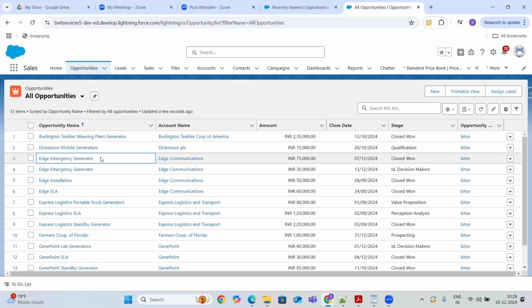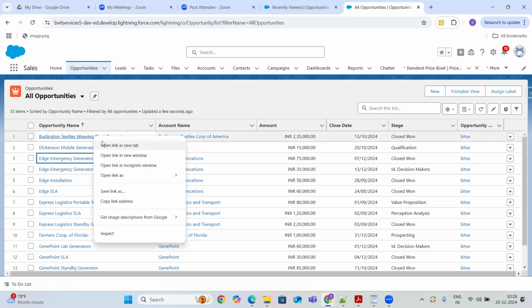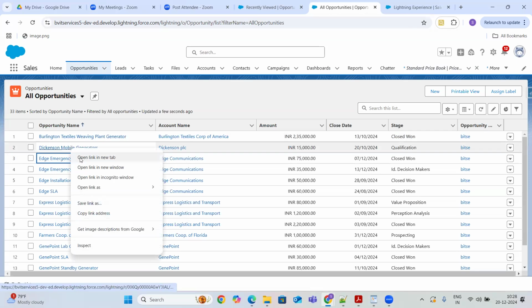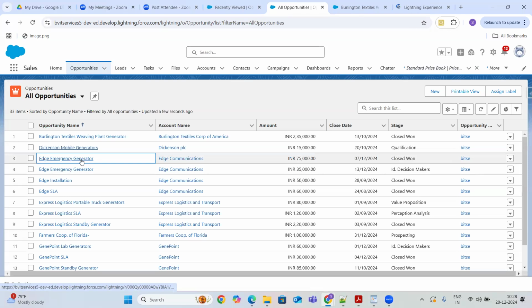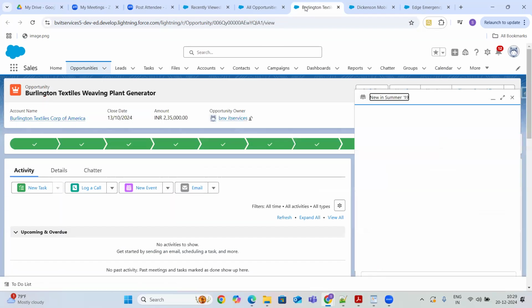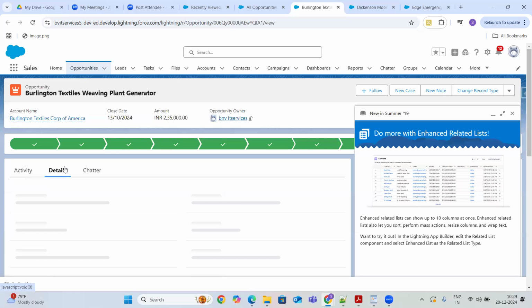Right now, whatever products I am adding for Barling Textiles, which is in INR, and Dickinson, which is also in INR, and Edge Emergency Generators, if I go to details,